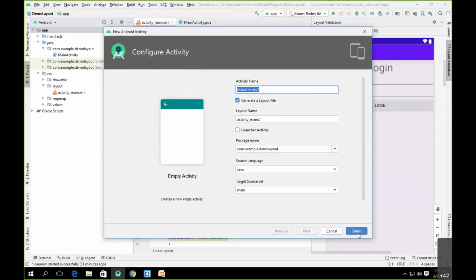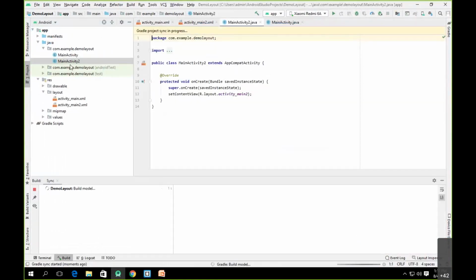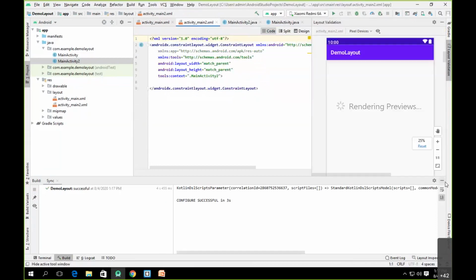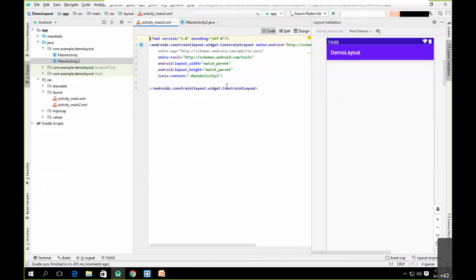Let's keep it as it is and then click on finish. Now as you can see, it will add main activity 2.java, and for the corresponding main activity 2.java, it will create main activity 2.xml. So this is the XML file for main activity 2 is created, which we now want to edit in order to understand the relative layout.